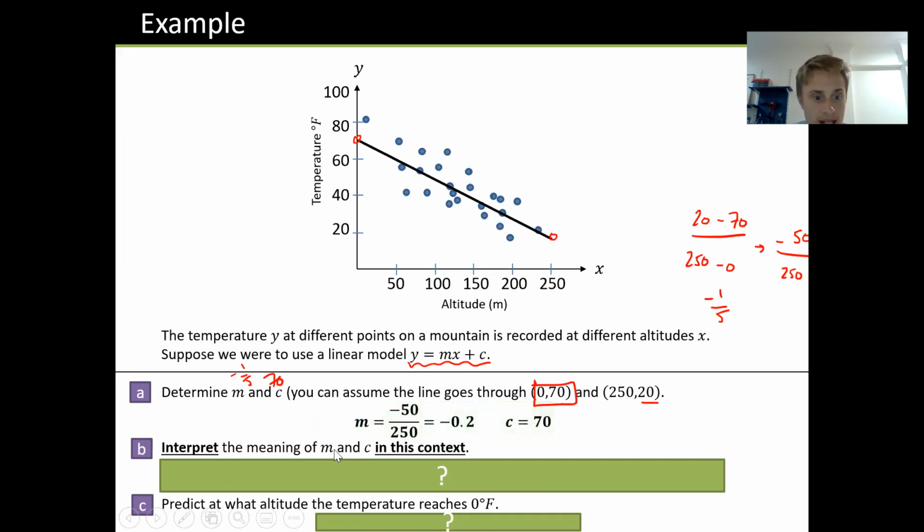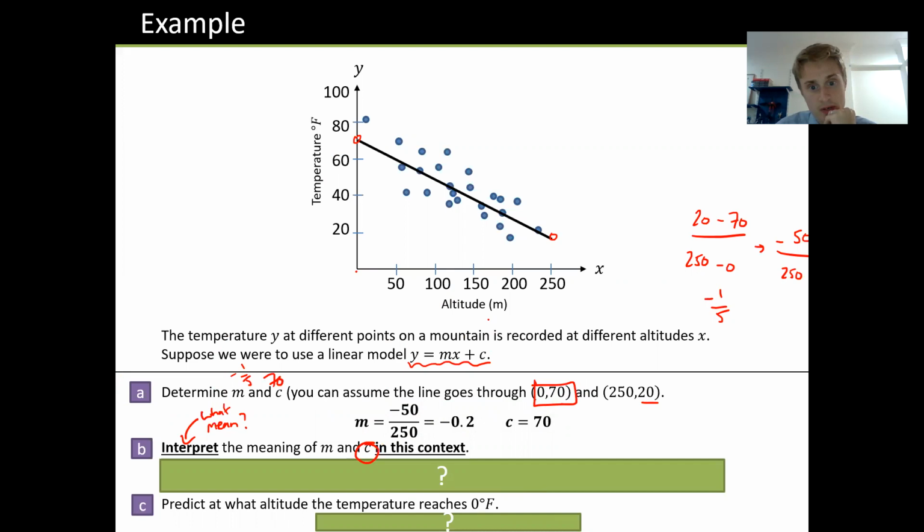Okay, interpret means you need to put this in context. So what does it actually mean? Don't tell me abstract maths things. Tell me how this relates to the real world situation. So why don't we start with C? Might be a bit easier. So C